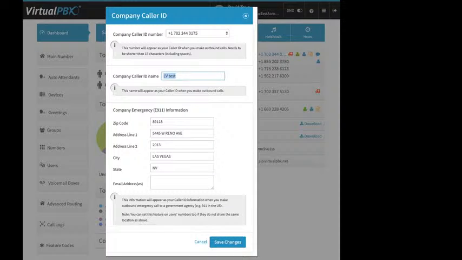Not every carrier supports CNAME. So when you pick up a VoIP phone and make an outbound call, your call gets out into the world, starting with us, and goes out to various other carriers to get to that destination. If your call happens to route through one of those carriers that doesn't support CNAME, your CNAME information does not reach your destination. There's not a lot we can do to control that,